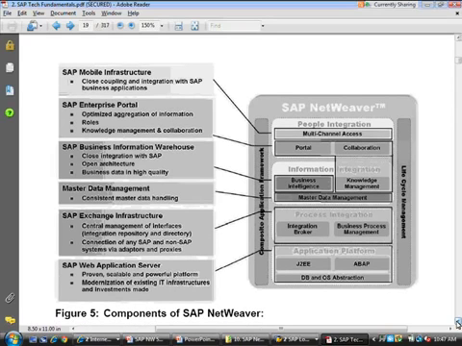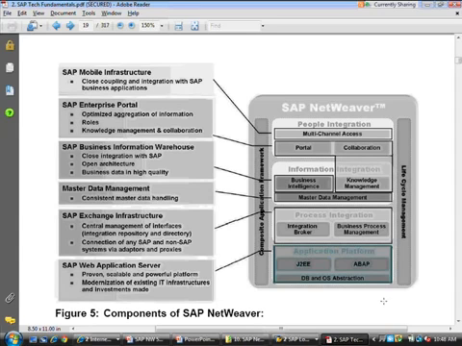Components of SAP NetWeaver. So this is the NetWeaver framework. It has got these building blocks. At the core of it is the application platform. This is the web application server we talked about. It has got a split personality in the sense that it's got 2 application stacks, a J2EE and an ABAP.